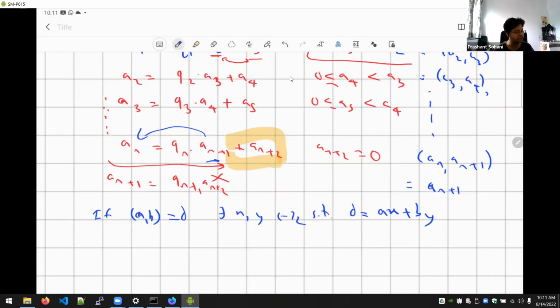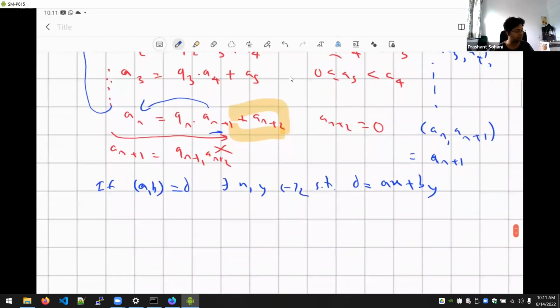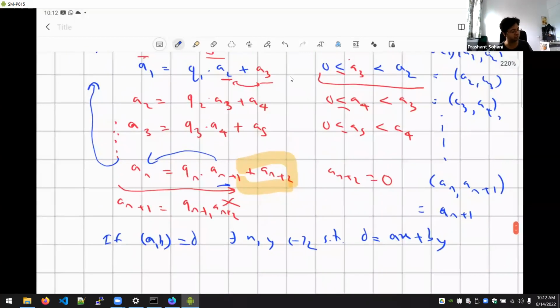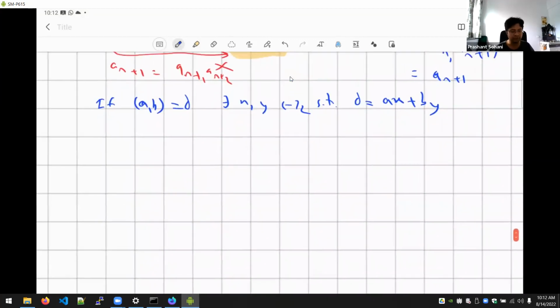But with Euclid's algorithm, we can actually find that, because we can reverse this process from the last term to the original term, and in each step find the GCD in terms of those two terms. The best way to show it is by illustrating some examples. We'll take some big numbers and see how we can use this approach to find the GCD as a linear combination of those two numbers.